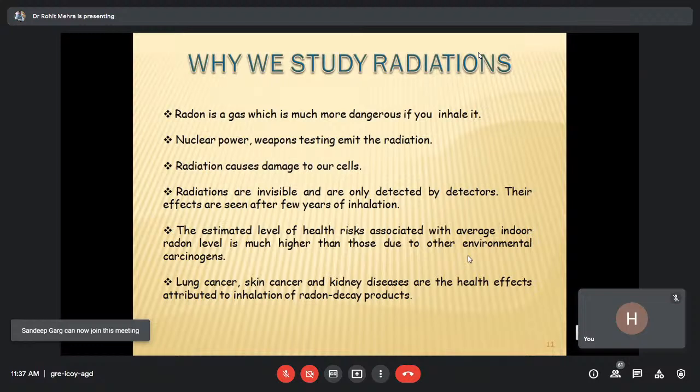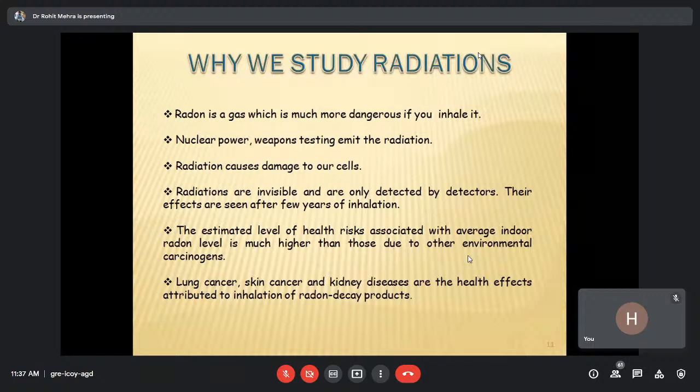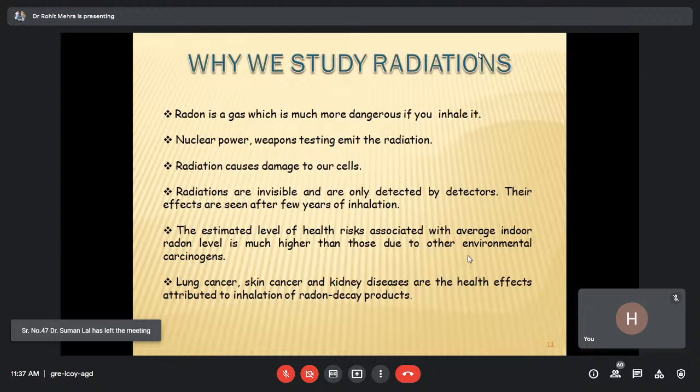But in India, we don't have a rule or policy for this. If one has undergone an X-ray or a CT scan or a PET scan, the doctor should give him or her a certificate that you have been exposed to this much radiation. But in Germany, and especially in European countries, it is mandatory for the physician, especially the radiologist, to certify that this much exposure has been done to you. It is very important because that patient should know that I have been exposed to this much radiation and now my annual accumulation will be affected.